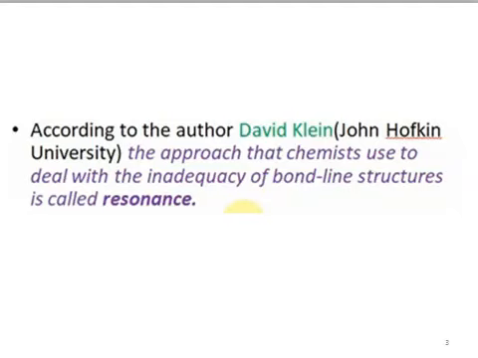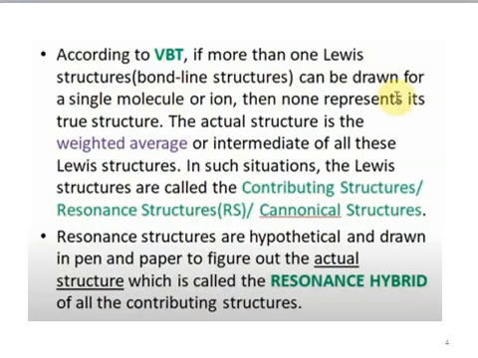We'll see about resonance and the different concepts involved in it shortly. But before we go to resonance, here is the valence bond theory, also known as VBT. According to VBT, if more than one Lewis structure can be drawn for a single molecule, right? I say it again, according to VBT, if you draw more than one Lewis structure for a single molecule,